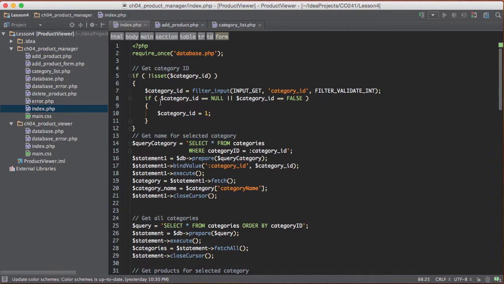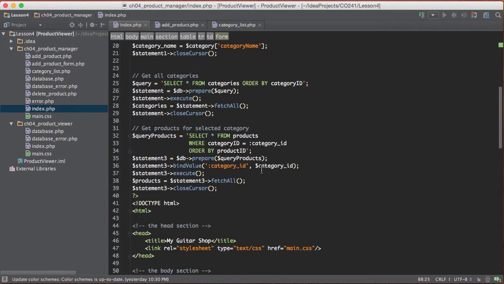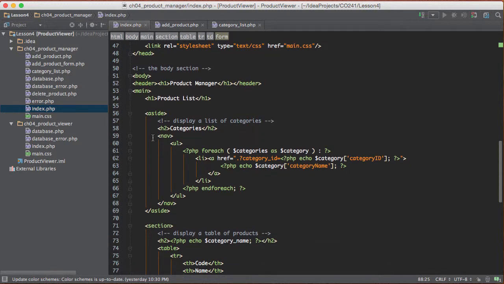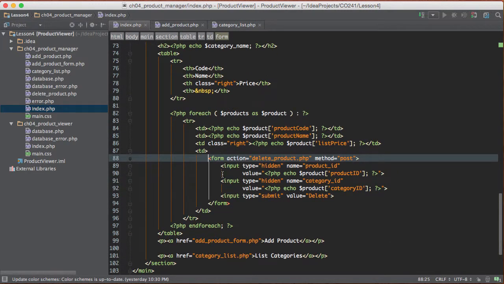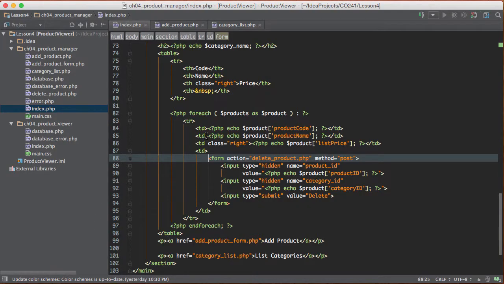But I'll show you what's new. The new stuff is down here where you're displaying the table, which is right here, this delete button column. That's the new part. So going back here to IntelliJ,